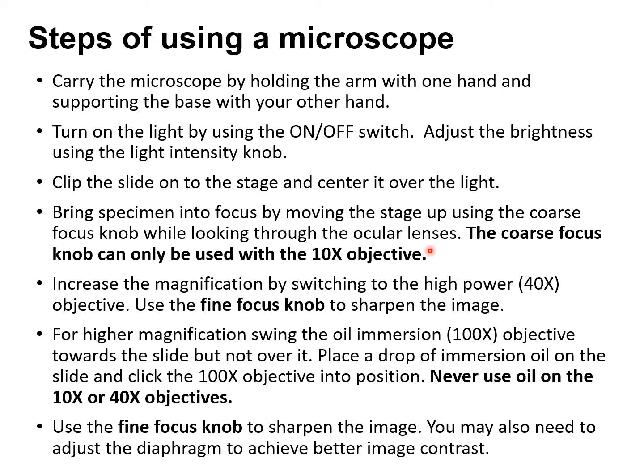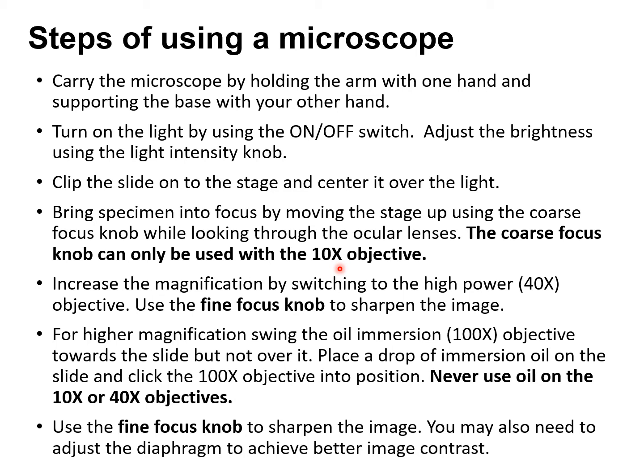Once you see your specimen, you stop raising your stage, and then you fine focus your image. And again, just a quick reminder, the coarse focus knob is to only be used with the 10x objective,